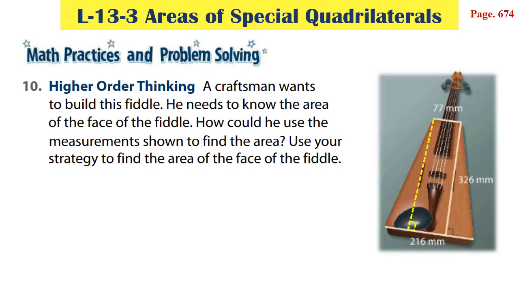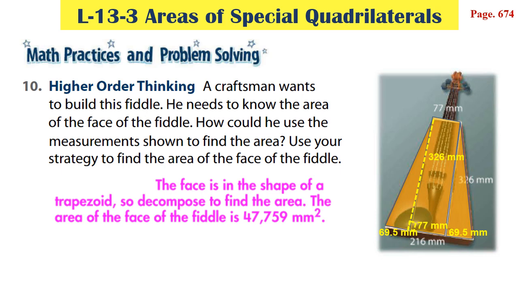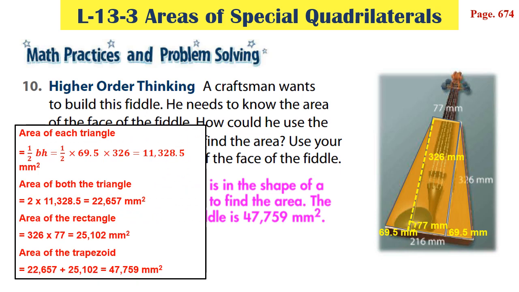The area of the face of the fiddle is 47,759 square millimeters. Area of each triangle equals 1/2 bh equals 1/2 times 69.5 times 326 equals 11,328.5 square millimeters. Area of both the triangles equals 2 times 11,328.5 equals 22,657 square millimeters. Area of the rectangle equals 326 times 77 equals